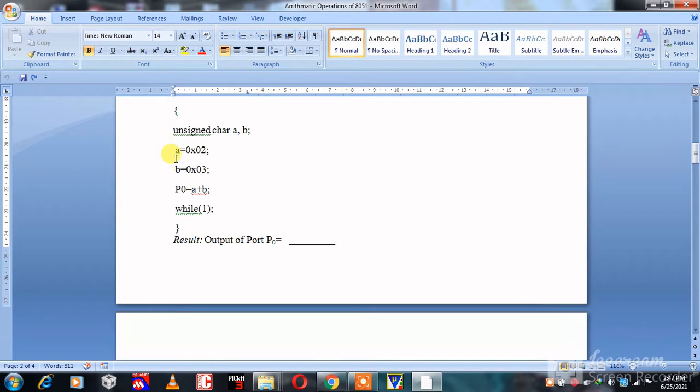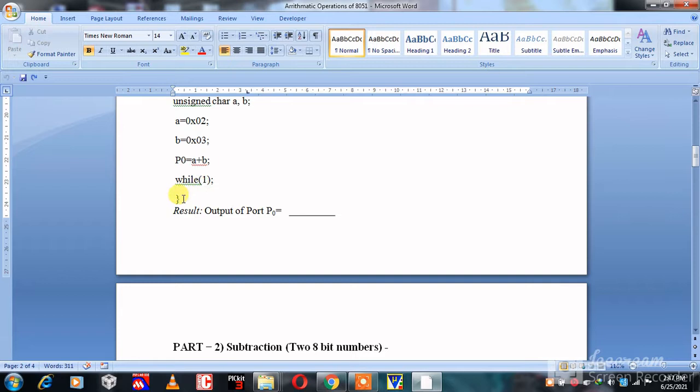Then assign the value of variables. A is equal to 0x02, b is equal to 0x03. After addition of both variables, the data is sent to port P0, then keep it in loop and then close the curly bracket.